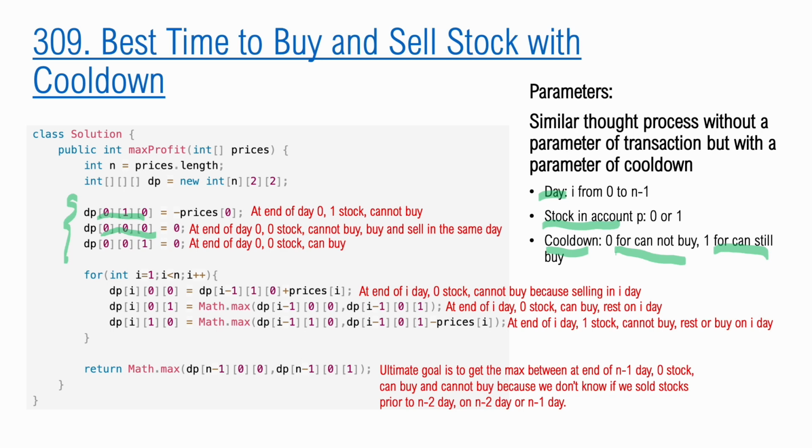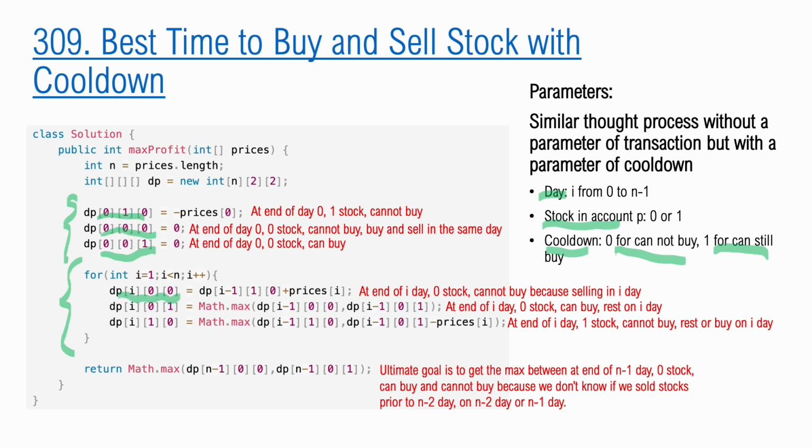It's because you can't buy and sell in the same day. And for DP[0][0][1], it's the end of day 0 and you have 0 stock and you didn't do anything, you can still buy. And these are the transition functions for